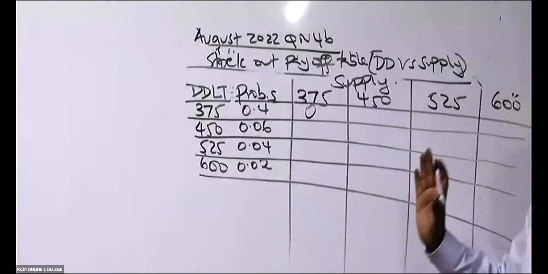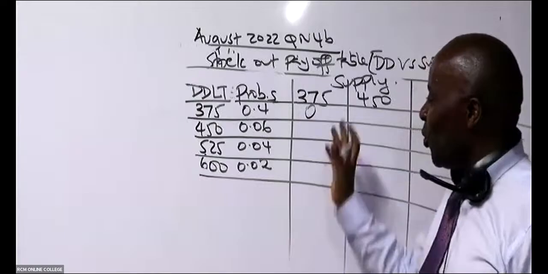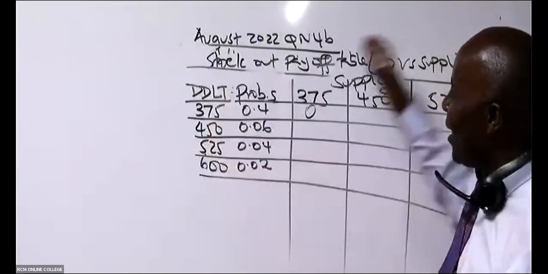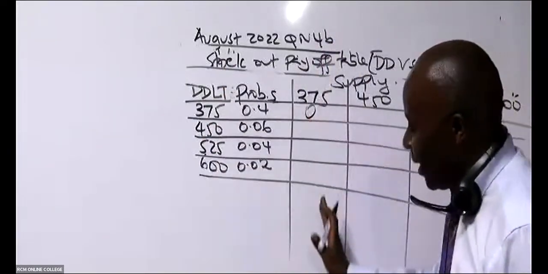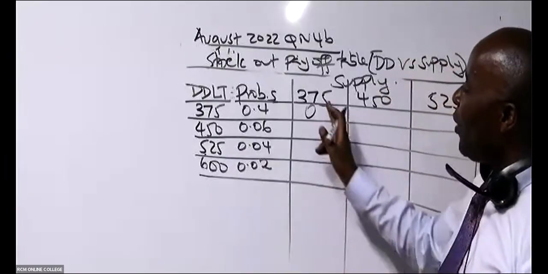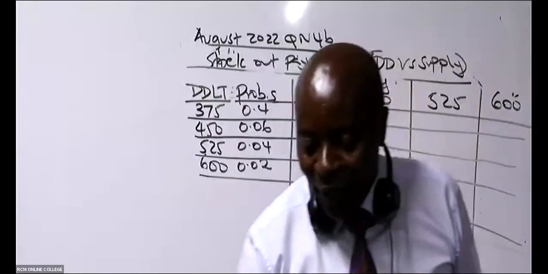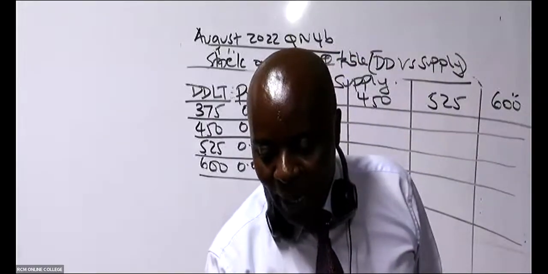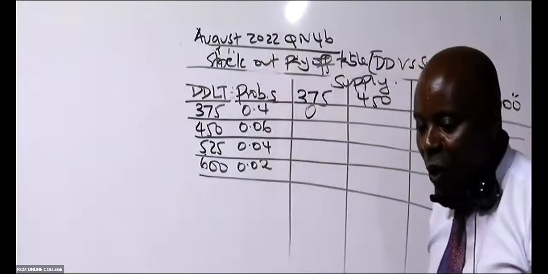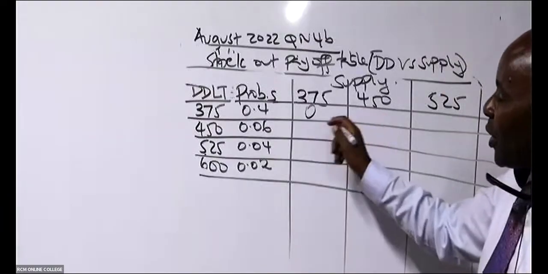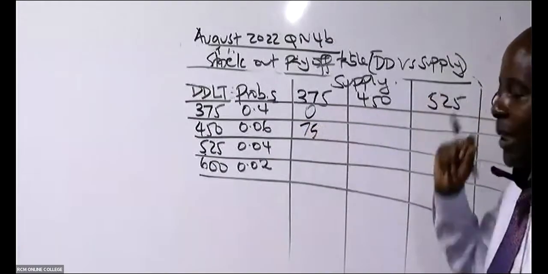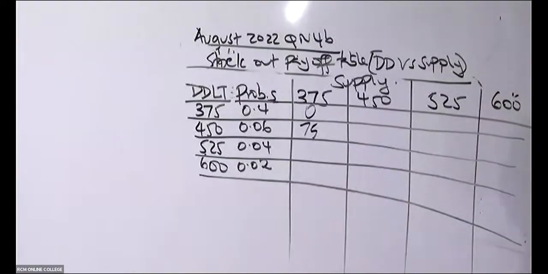Actually, the very best discovery I've made this time round is to interchange. Initially we used to do it this side. No. You run the race down, the column down. If we supply 375 and we have 450 demanding, so the difference you subtract, how much shall we disappoint? Remember, we are doing the stock outs. The disappointments, 75, I'm told.